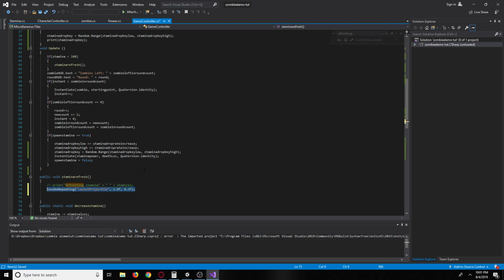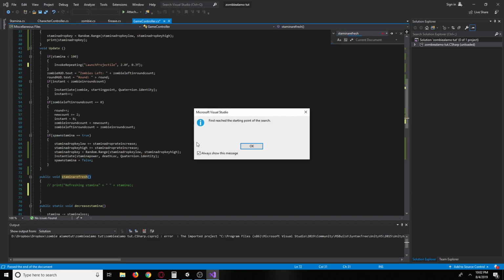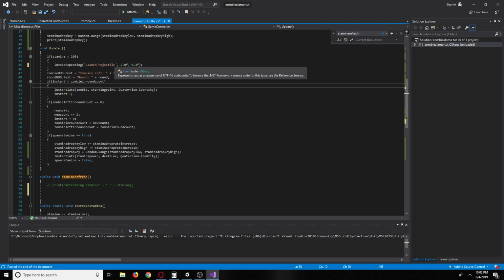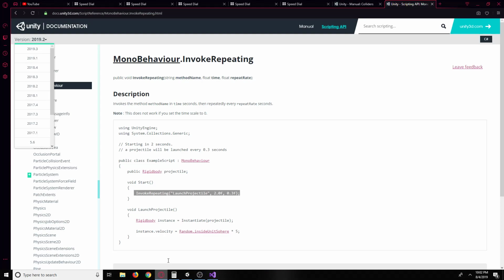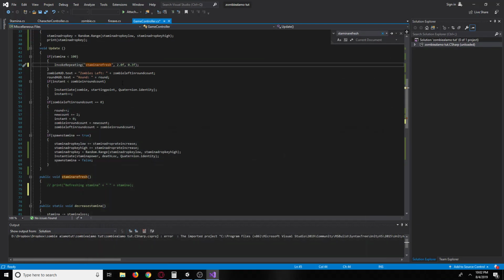Okay, so basically what we're going to do is we're going to cut this. So let me, stamina refresh. Okay. So that's the only one, so that's good. So that means it's not being called anywhere else. Stamina refresh. And then we have every blank seconds. So it's float time, float repeat rate. Time. Oh, starting in 2 seconds. We want to start at 0, basically. And every 1 second,